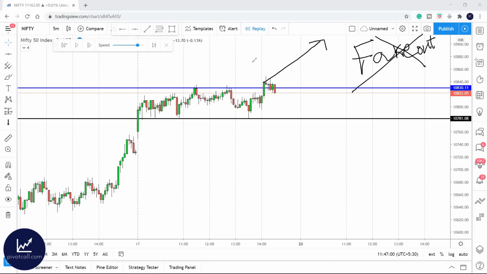You have to know that a fake out means only once the breakout candle low gets broken. If this low gets broken, then you should say it's a fake out. What is the reason? I'll show you on another chart, the next chart. But just remember, you should not take it as a fake out just because it's a red candle that closed below that blue line. Until the breakout candle low is broken, it's not a fake out. So what should you do? Stay in your breakout trade. Keep your stop loss here. Don't worry, just stay and see what happens.